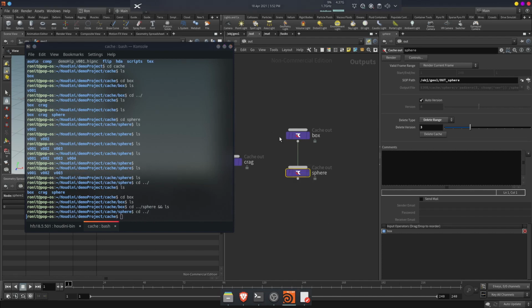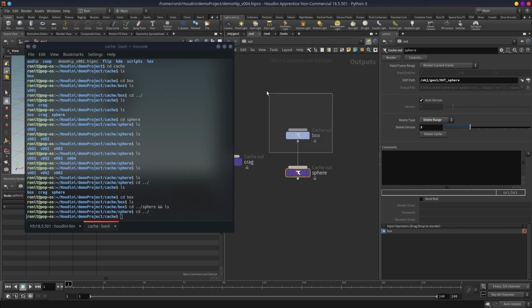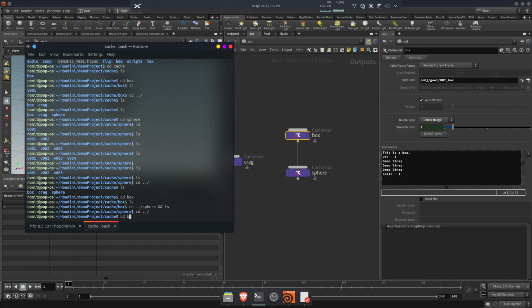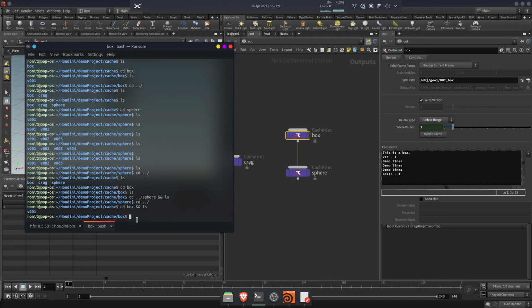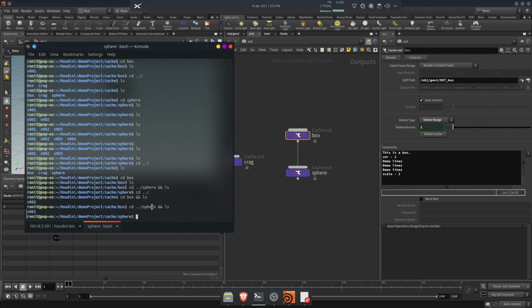So now if we put dependencies on and if we hit render, we'll automatically see it drops back to version 1 because we don't have an existing cache version, right? So it won't increment anymore. So it drops back to version 1. The file stays at version 4 because that was the latest. Now we have deleted the caches, but it drops back to version 1 for sphere. For box also it drops back to version 1. I can show you that there are caches. You can see version 1 for box and you can also see version 1 for sphere.